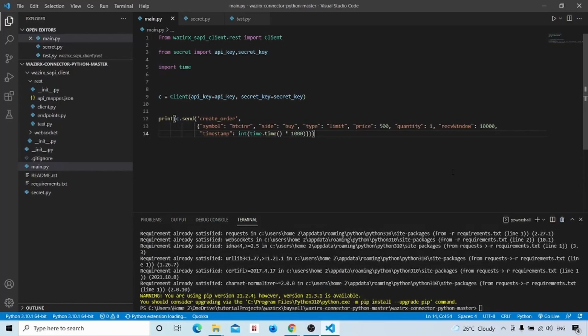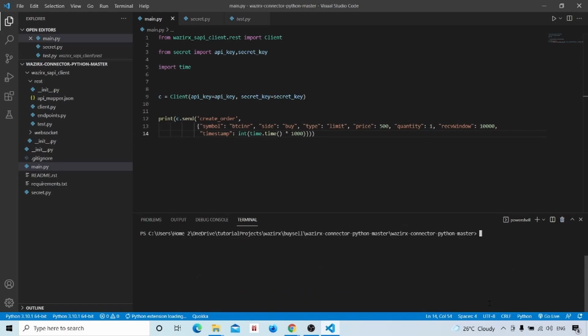Now we will do one test buying. For that, first we will clear our terminal. After that I will change this one to the coin Seller, which is a low cost coin which we can trade with a small amount.